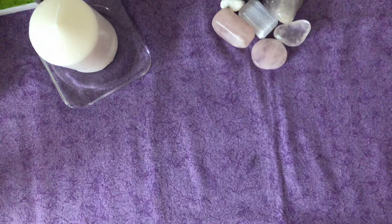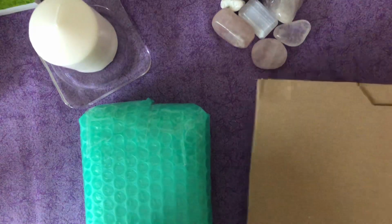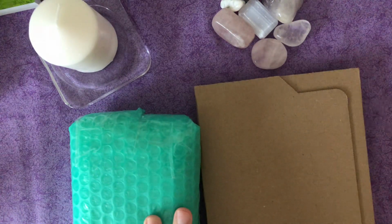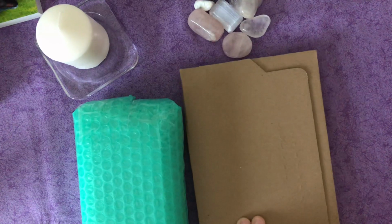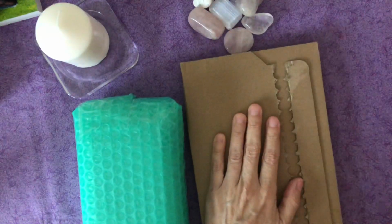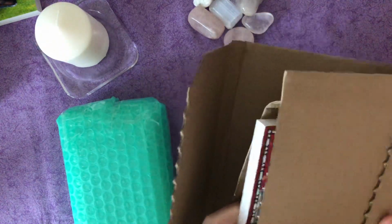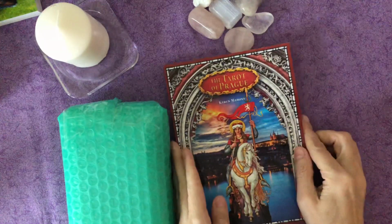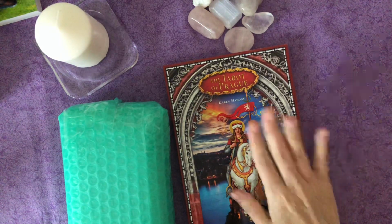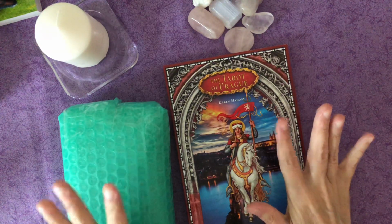And it's here. And I did buy it with the companion book. Yay! So I'm going to open it now. So this is kind of just a deck collection video with the addition of an unboxing. So what is it? It is the Tarot of Prague. I bought the companion book, and because I bought this on the website, it's the last